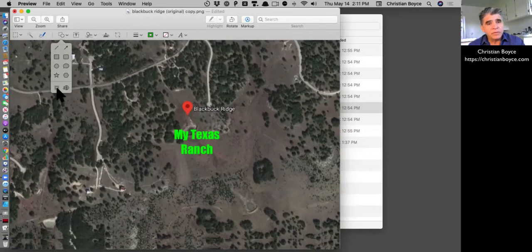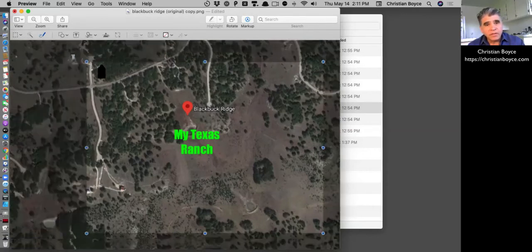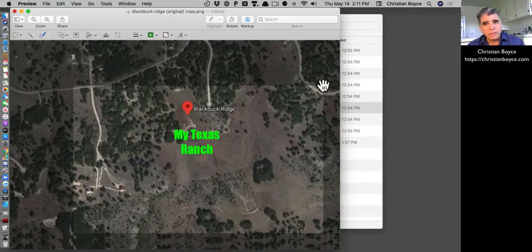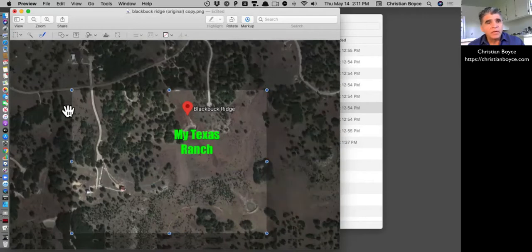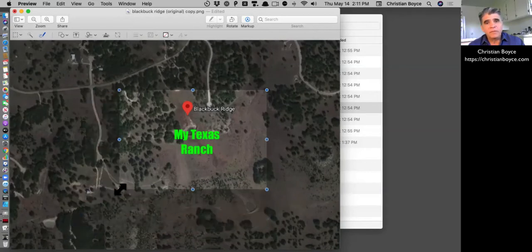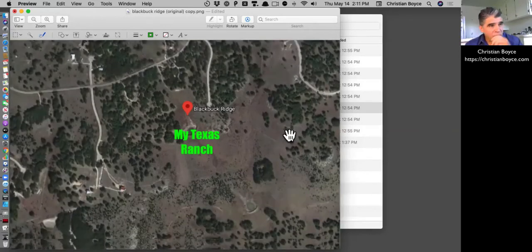So if I choose this one at the bottom left, what it does is it darkens everything else, and it lets me highlight part of the image like this, so it sort of stands out a little bit better just by being a little bit lighter compared to the other parts. So I'll just take that off now. Okay, so that's